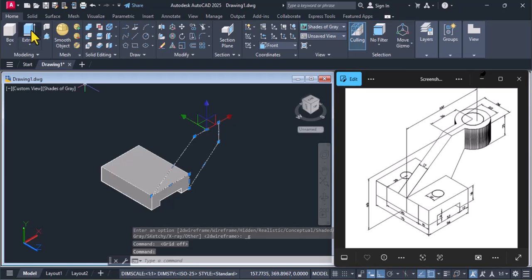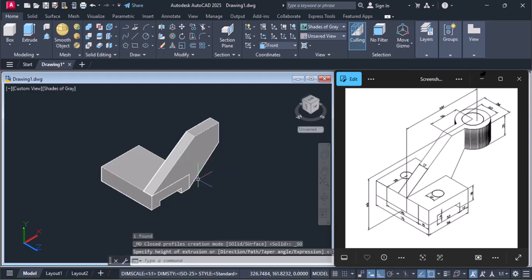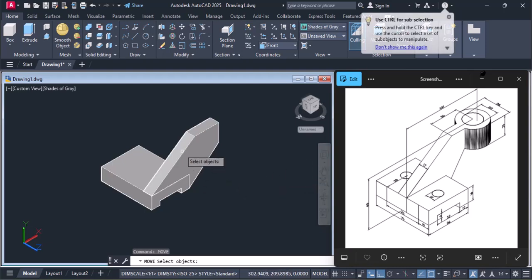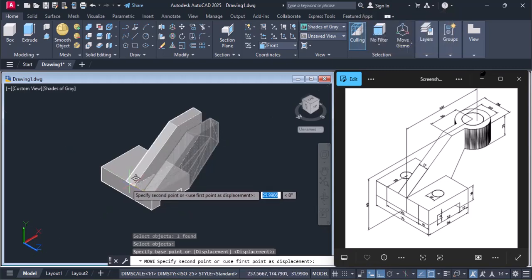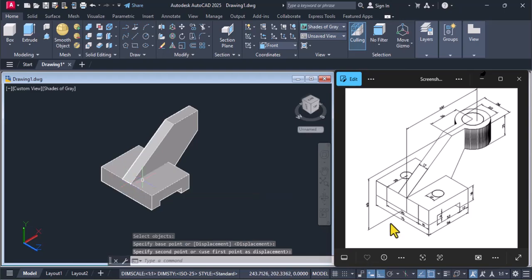We'll extrude this to a thickness of 12 units and hit enter. And then we'll move it to the center. So we select this geometry and we click on the center of this and move it to the center of this plane. So this is ready. Now we want to draw this circle which is of 22 dia.